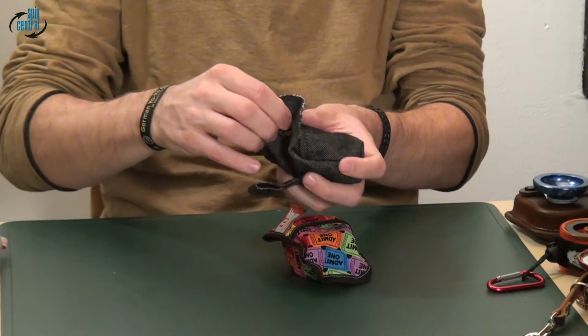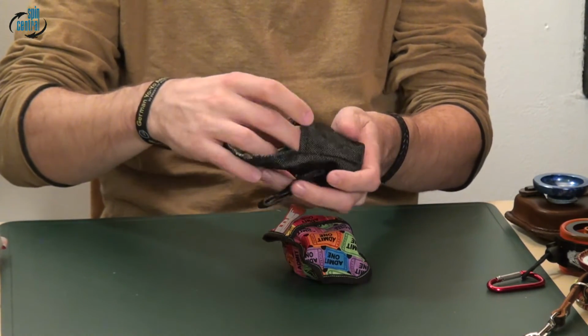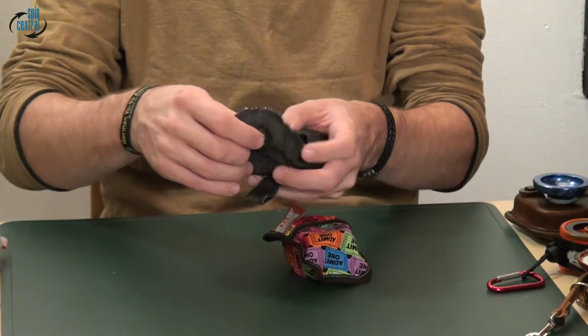This one is from AntiYo Bag 2. It came with this bag, so you have,